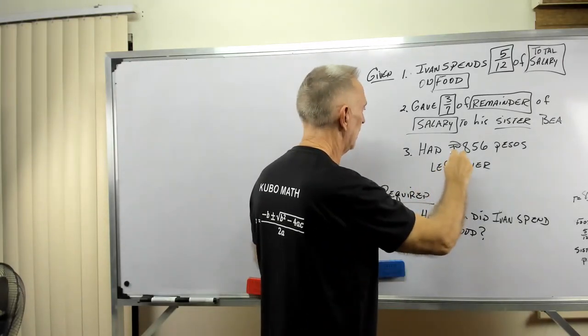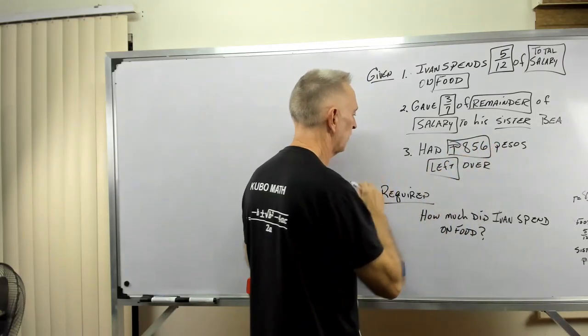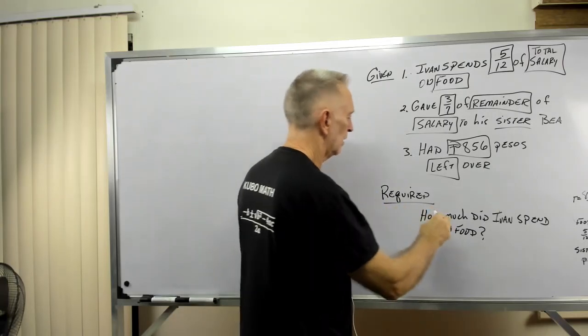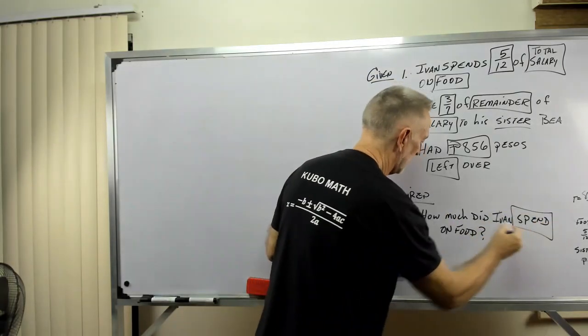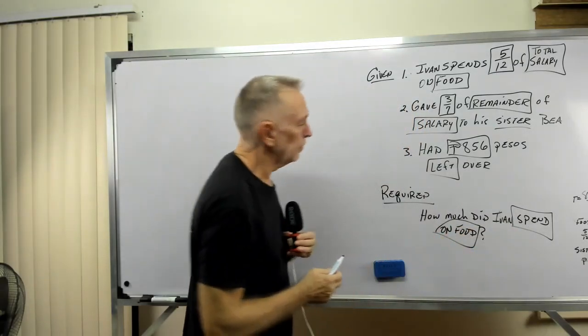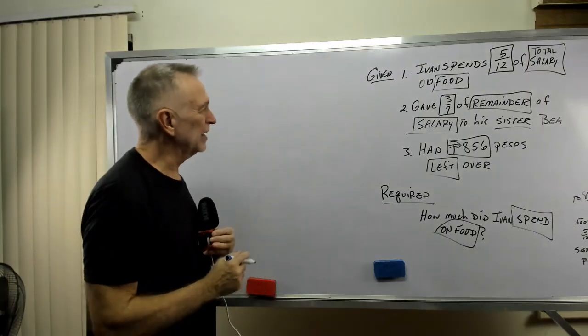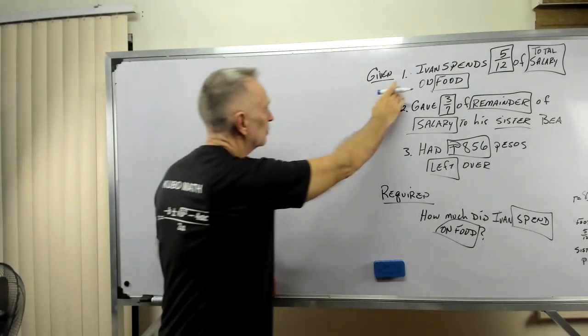But what did he have? 856 pesos left. And then what we're trying to answer is spend on food. So if you break the problem down into things like that, for example,